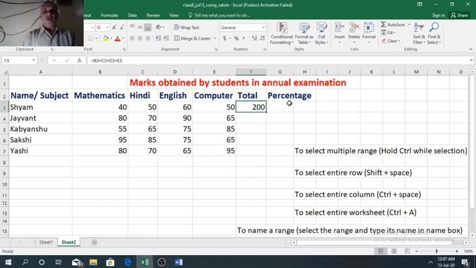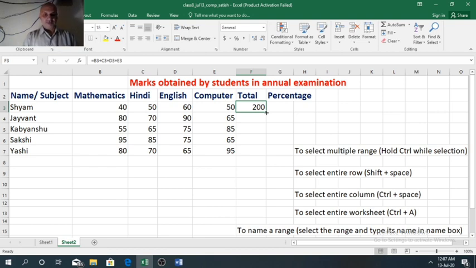When you move your pointer to other cells, it will show a different symbol. But when you move it closer to the bottom right corner, it will show a black plus symbol.